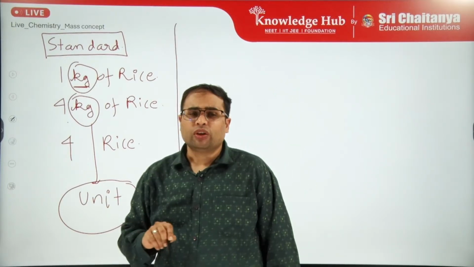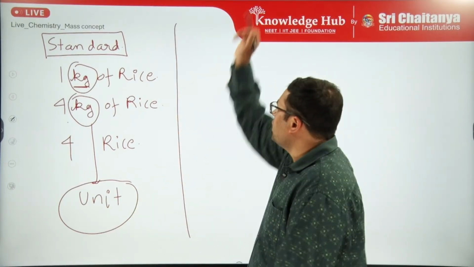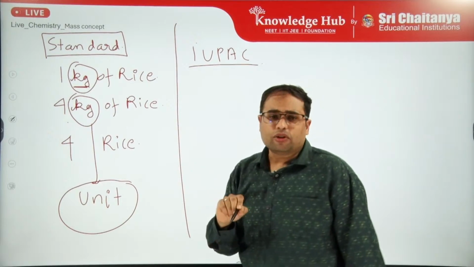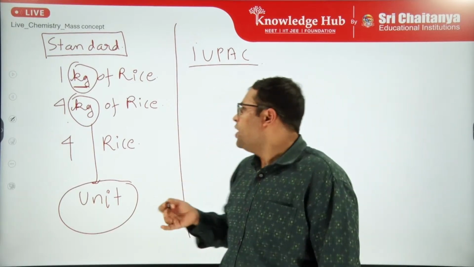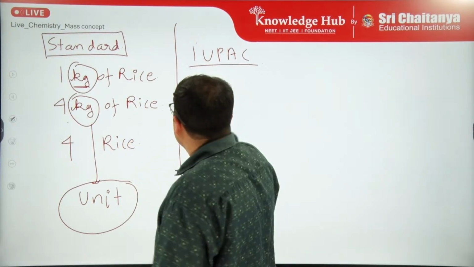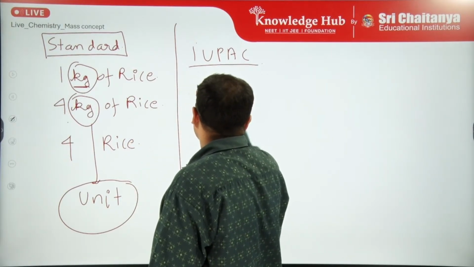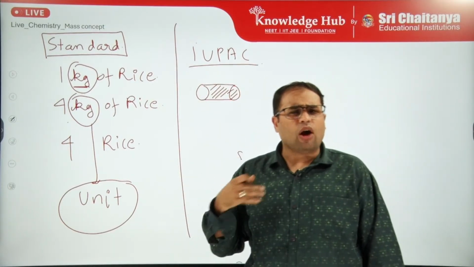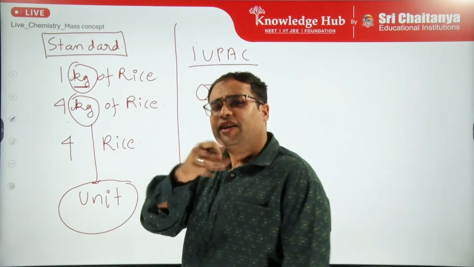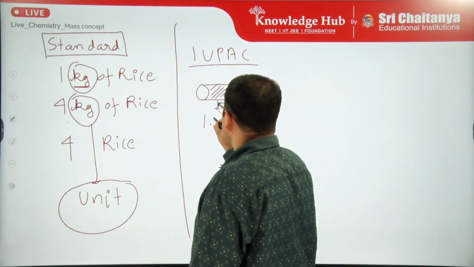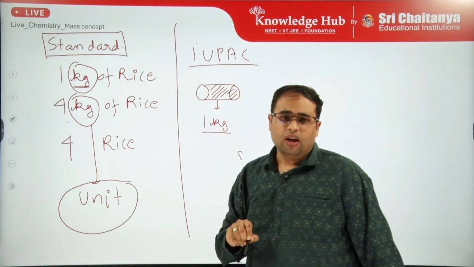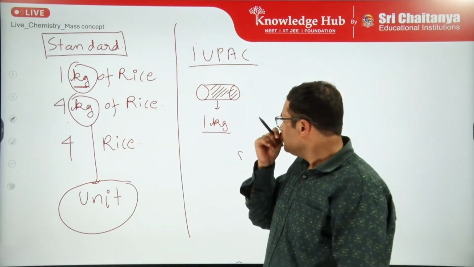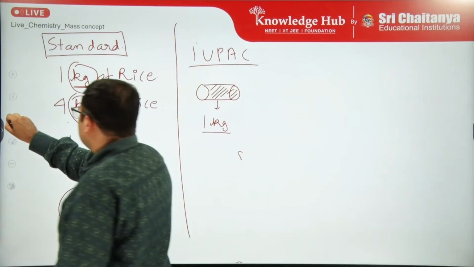See, every standard or every unit has been defined by IUPAC, right? International Union of Pure and Applied Chemistry. What they do is, for making a standard, we will take, suppose, one metal cylinder, right? And arbitrarily, out of our own whims and fancies, we will say, let us assume this cylinder is 1 kg. Right? And this 1 kg cylinder of a particular metal has been kept in a place, right? So now suppose